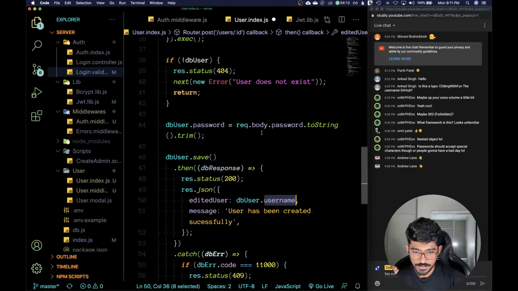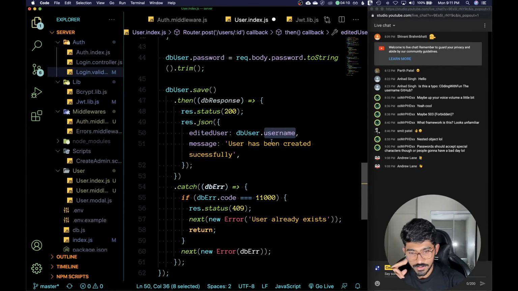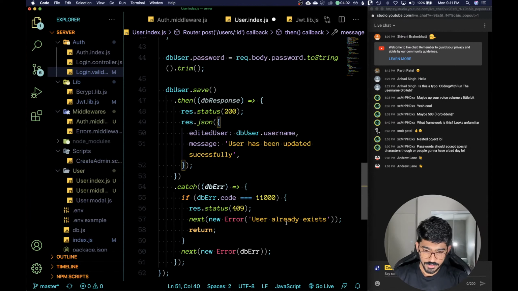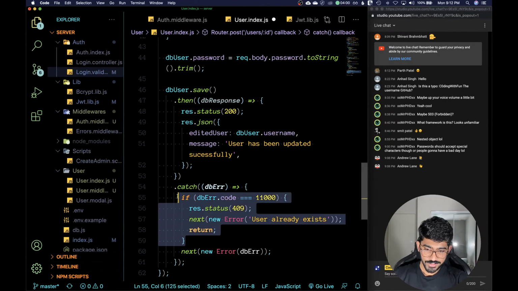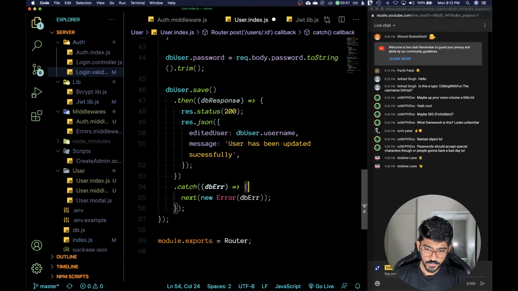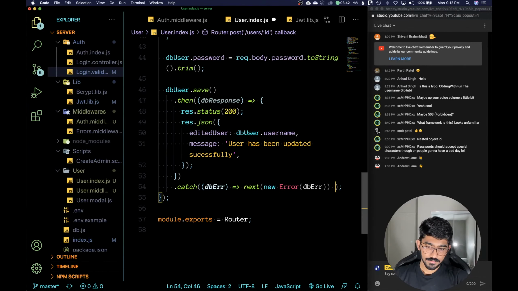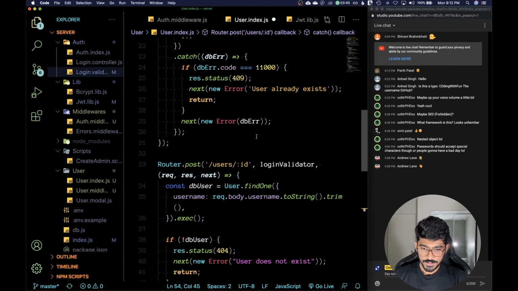Okay, I think I will need to make few changes. User has been updated successfully. We won't get this error because we are not creating any new user, so we won't get that duplicate error code. Thing is, we change it with username,